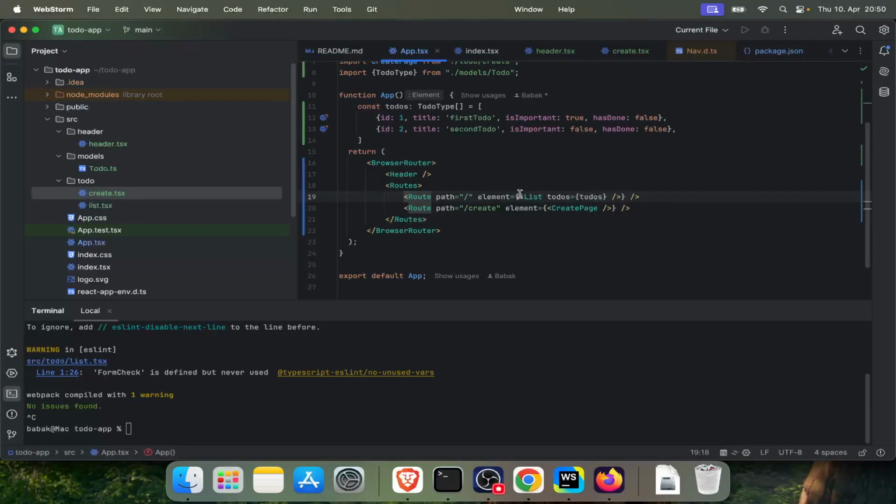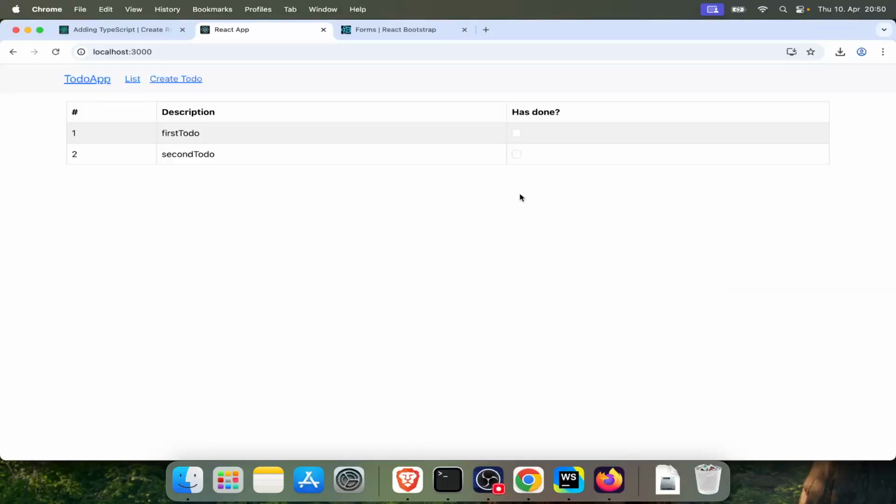So in this time I added some coding to make the project look like a to-do app. Let us see what I have added to the project. The first thing that I added is a header, a nav bar for the application, and we have the to-do app, we have a menu entry for the list, and we have a create to-do